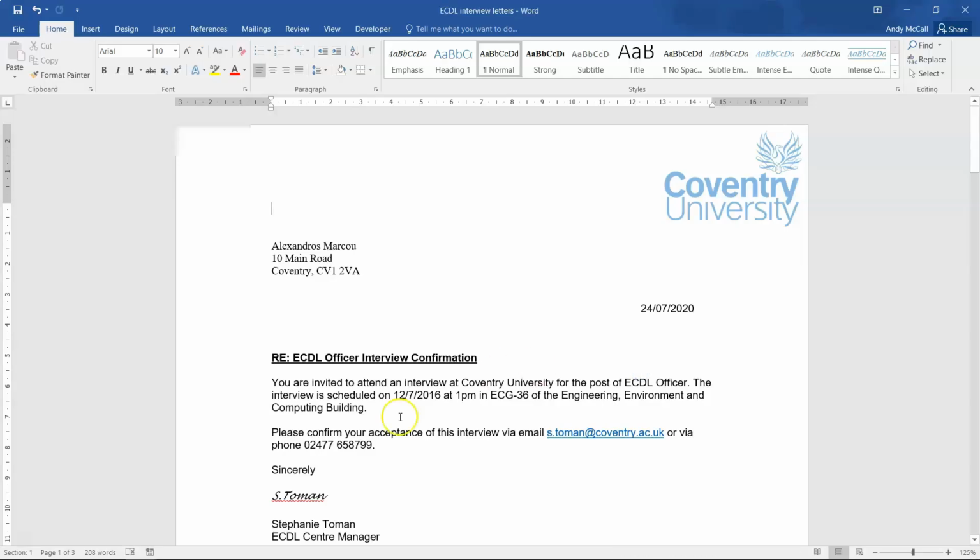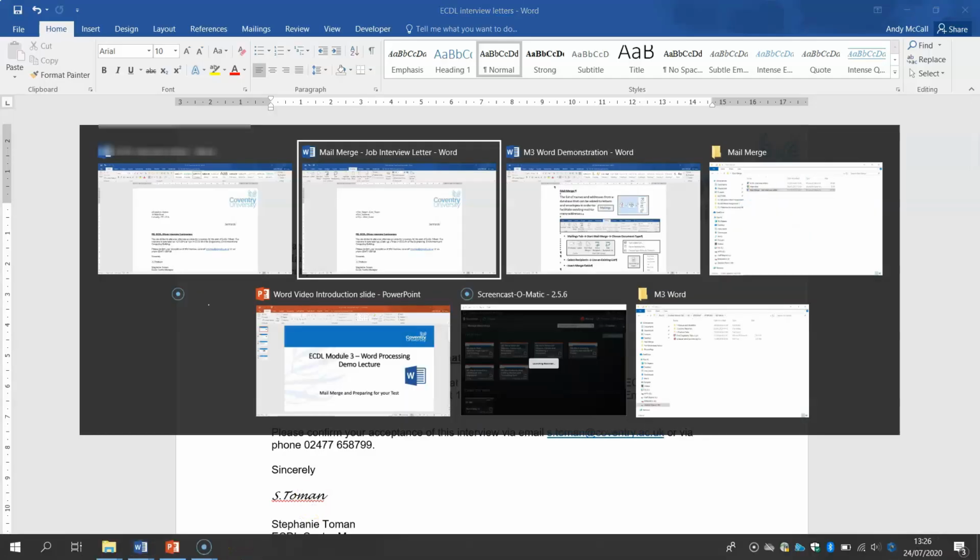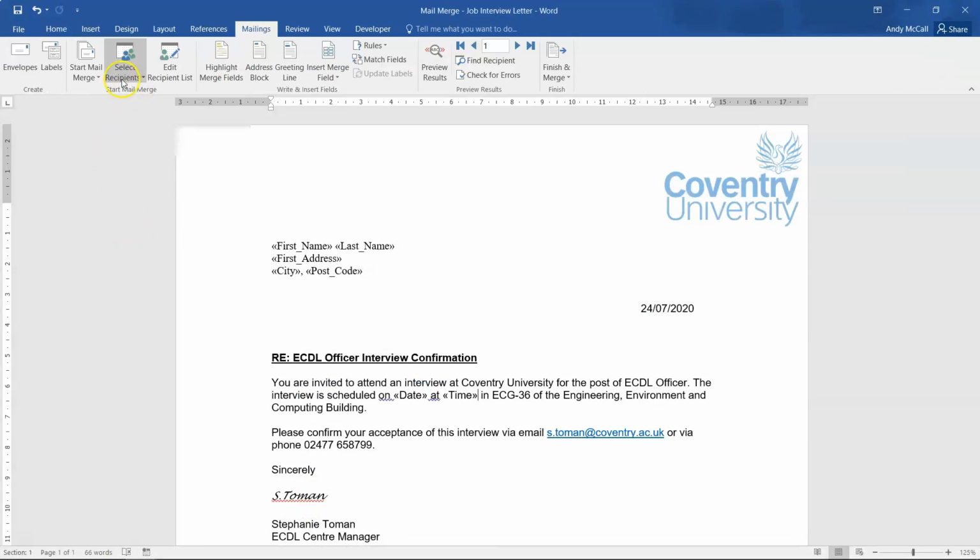So just to recap what we've just gone through: we've inserted the recipients, we've also selected beforehand the letters, we've added the merge fields, and we've also added the date and time fields of when and what day their interview is. Before you do the finish and merge, there is a good little handy tool that you can use, which is if you click preview results,